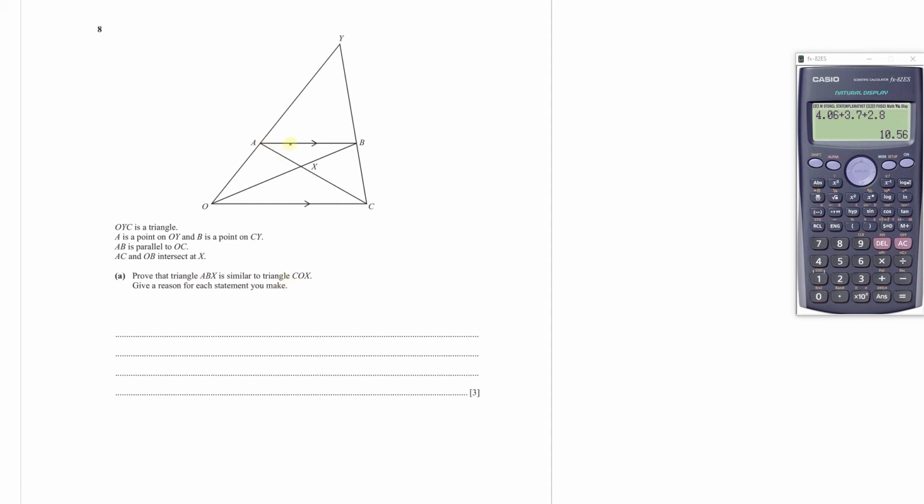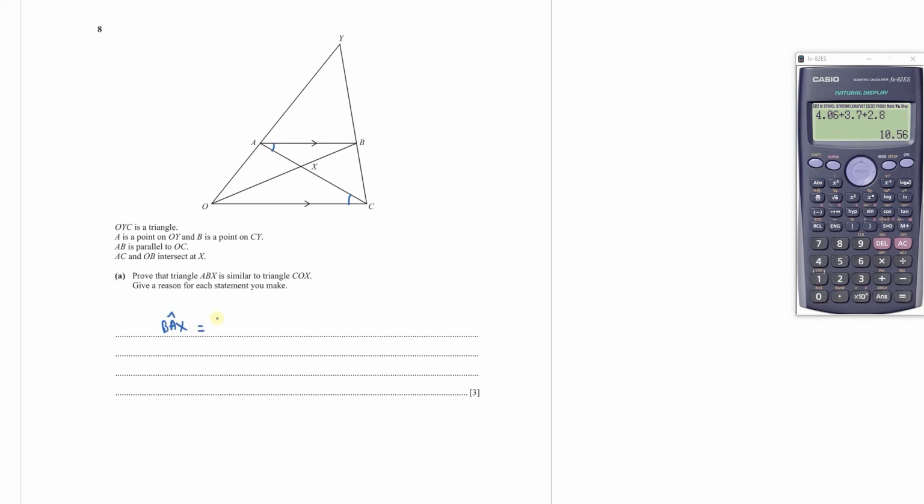So this is the triangle ABX, this upper one, and this lower one is the other triangle COX. So we have to prove that the two triangles are similar. We can use the angle properties. If we can show that any two angles of these two triangles are equal, then they are similar. Since AB and OC are two parallel lines, this angle will be equal to this angle because these are alternate angles for these two parallel lines AB and OC, where AC is the line that passes through these parallel lines. So angle